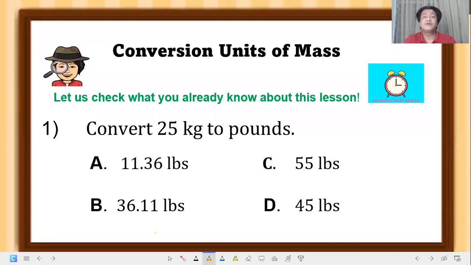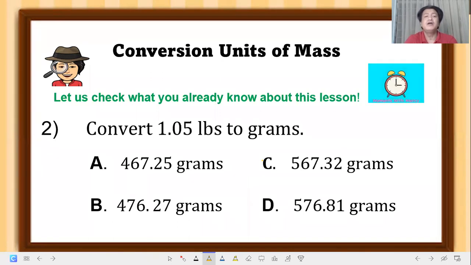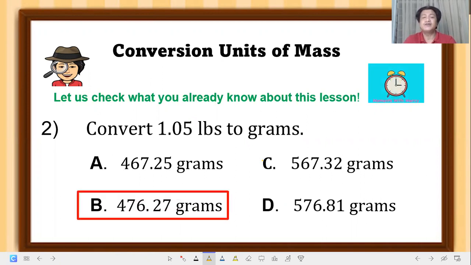okay, let's convert. 25 kilogram is how many pounds? Okay, timer starts. Okay, the correct answer is letter C, 55 pounds. Okay, times lang siya by 2.2. Okay, let's have number 2. Convert 1.05 pounds to grams. Okay, timer starts. Okay, the correct answer is letter D,